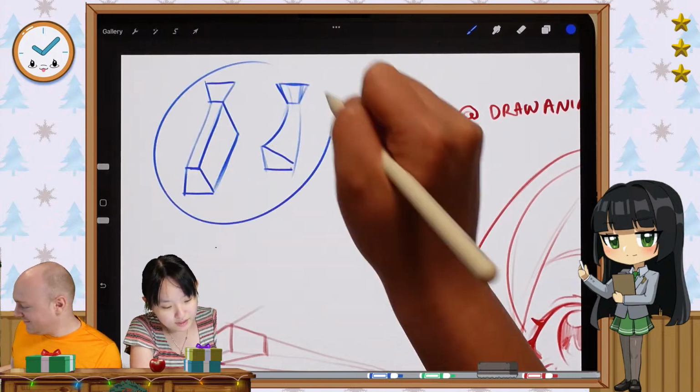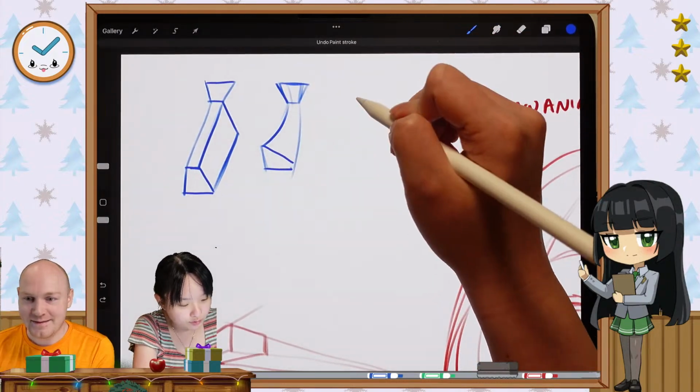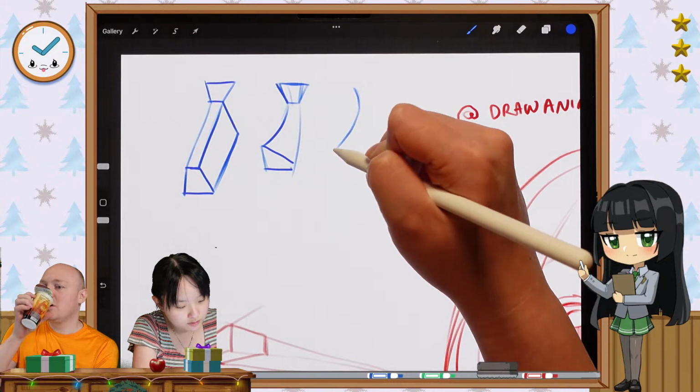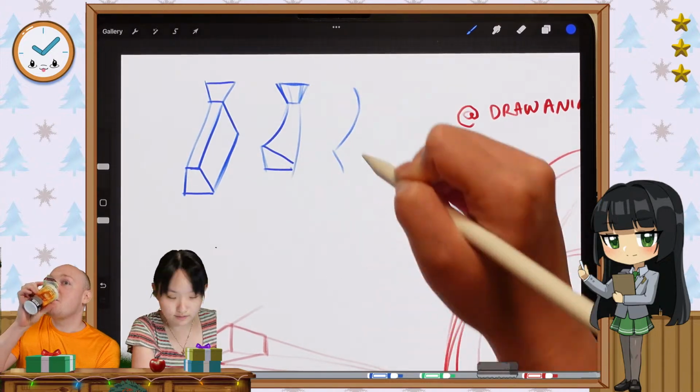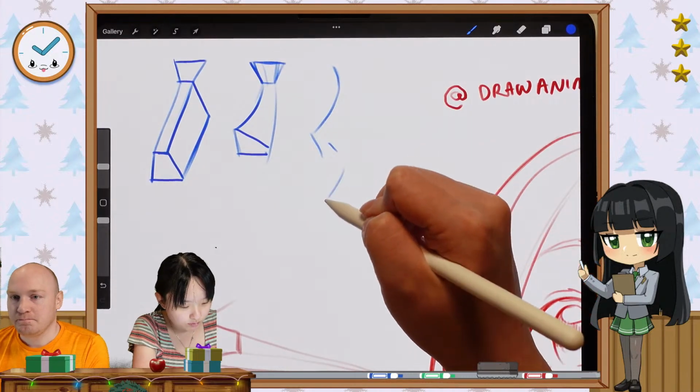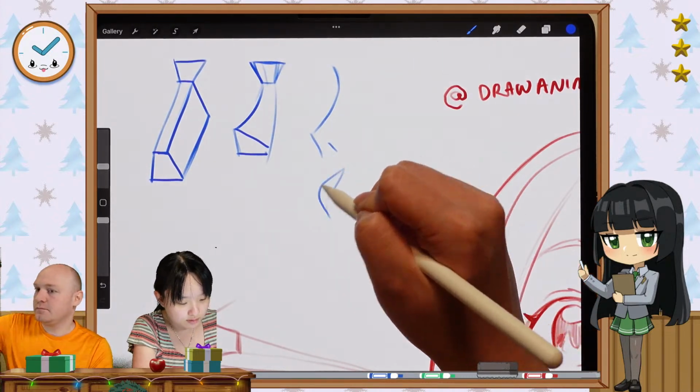So once you have this, you can then turn it into whatever style you want. Some artists will draw the bridge of the nose like that and add the nostril like this. There's other ones that will show the other side of the nose.